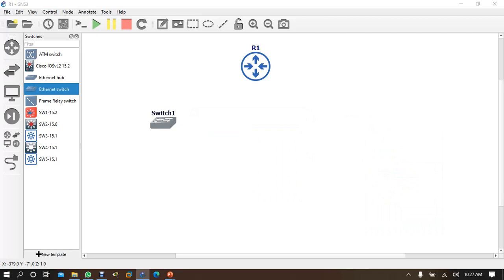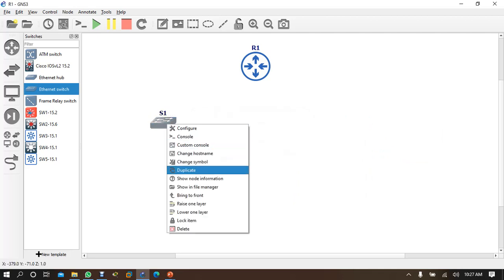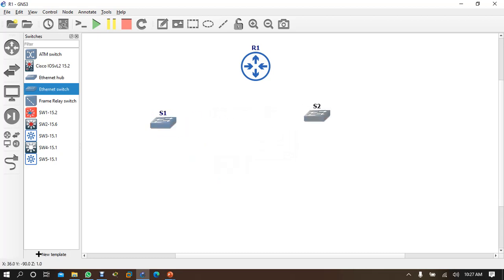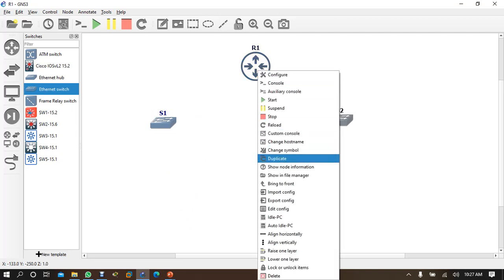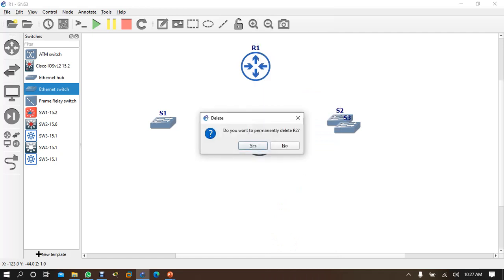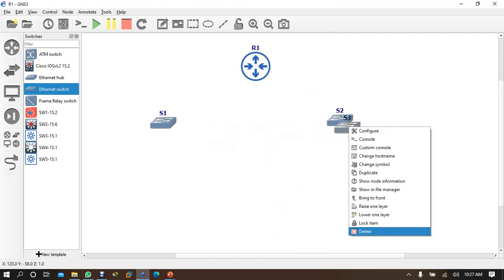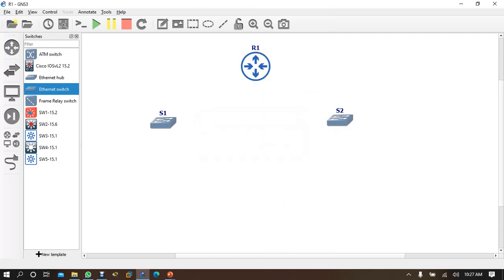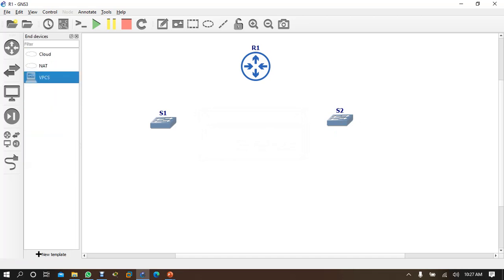So we'll change switch 1, and now see, right click, duplicate, so another switch. Instead of taking multiple by drag and drop, you can make a duplicate like this also. In the router also, right click, duplicate, and another router came, but we should delete this one. Now we need PCs, so we'll come here to the PCs.